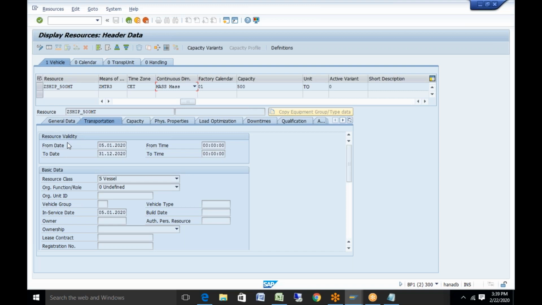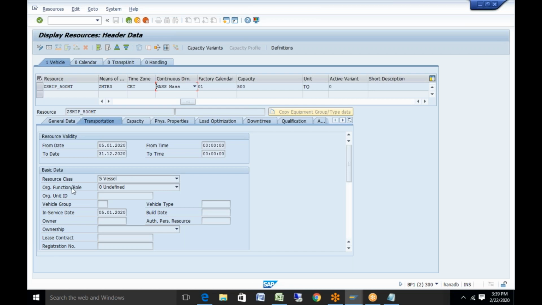Okay. So validity period of a resource is important because maybe if you are using a truck which is valid for 1 year, then obviously for planning purpose, it is important to know that that truck is only valid for 1 year. After that, we cannot consider the availability of the truck. Maybe because the truck is going to wear out, or maybe it is not going to be used after a certain period of time. So for the resource validity is important, and the planning is entirely dependent on the resource validity period.